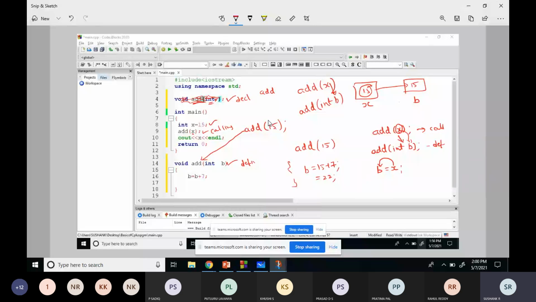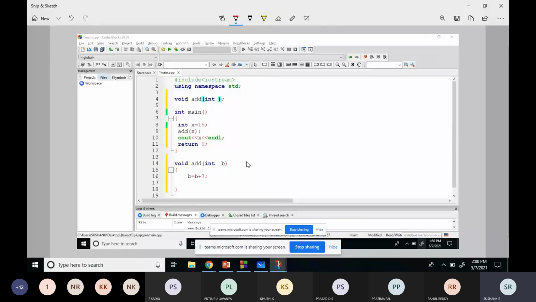Okay, so this is like if you're writing this statement. I'll just undo this. I'll clear the ink so that you can understand better. Here two things: address of x is there, then address of integer b is there. So it is similar to b is equal to x. Memory location x, memory location b. I'm copying the value from x. So 15 was there. This 15 will be copied to b. So this is the first part.